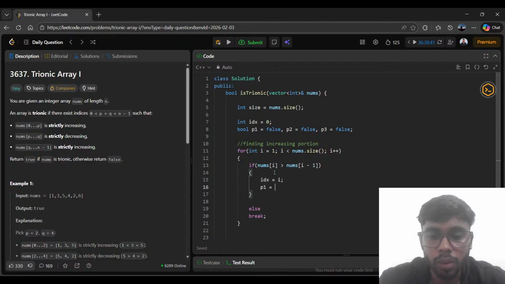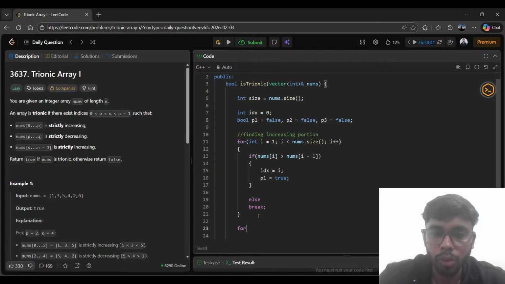So yeah, when I found this, then I will just update the index equals i and portion 1 will be true. So I found the portion 1. Then I will try to find out the next portion, i equals to like